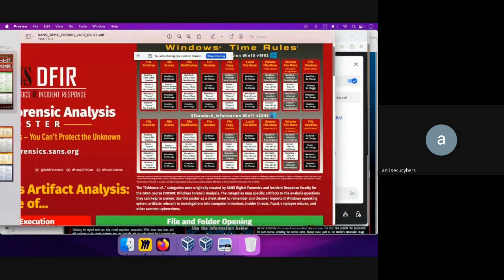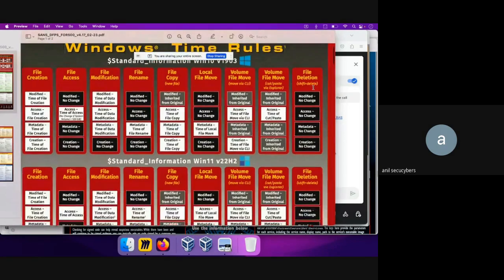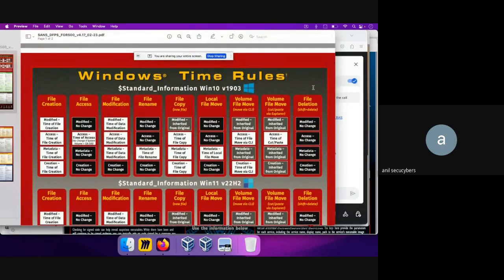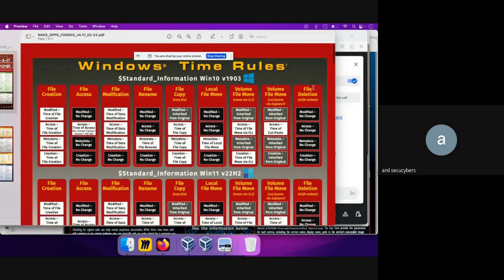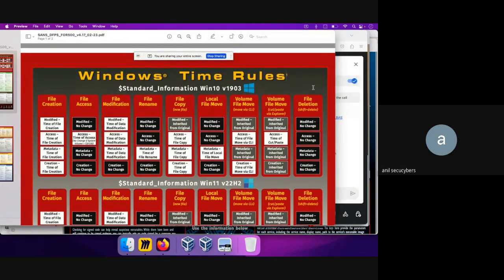So the first thing is, let's say for a Windows operating system, let's say how we can figure out. What we will be seeing going forward is, let's say, every file on a Windows host actually has some kind